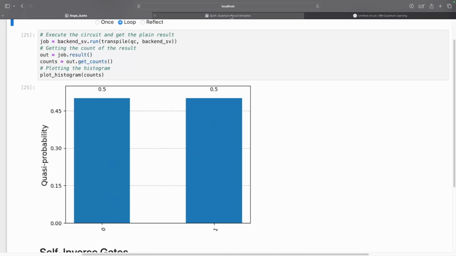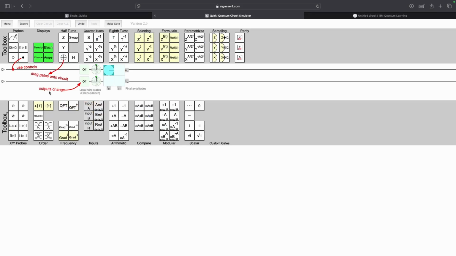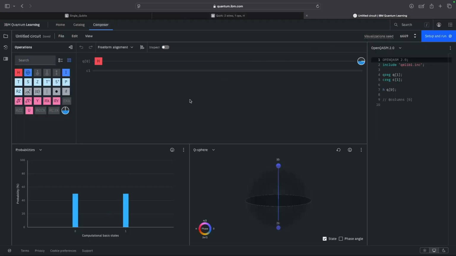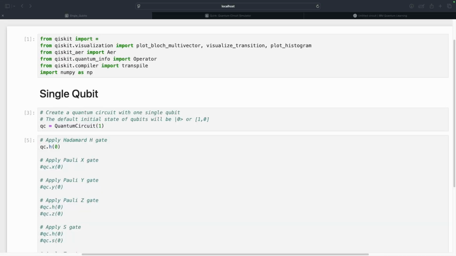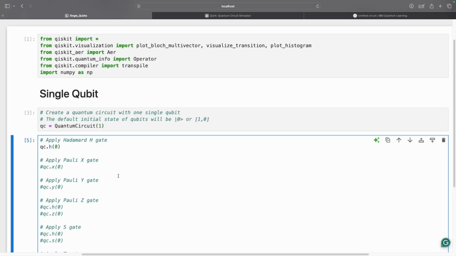So let's move to Quirk. And as you can see, everything is here off. They're moving the Hadamard gate, and you can see that we have 50% to be 0 and 1. Now let's see that again on the IBM platform. We have the Hadamard gate, 50%, 50%, and the same on the Bloch sphere. Okay, now let's create